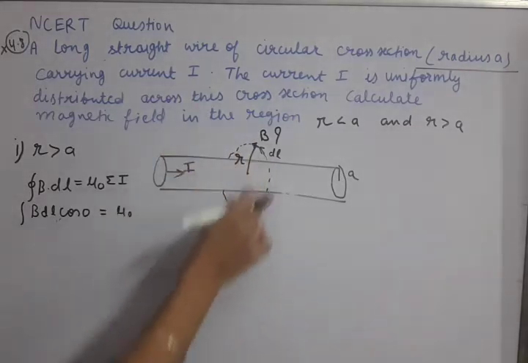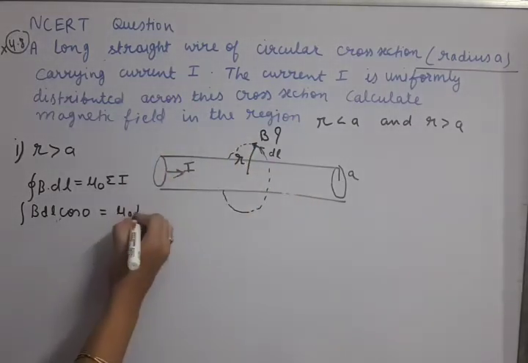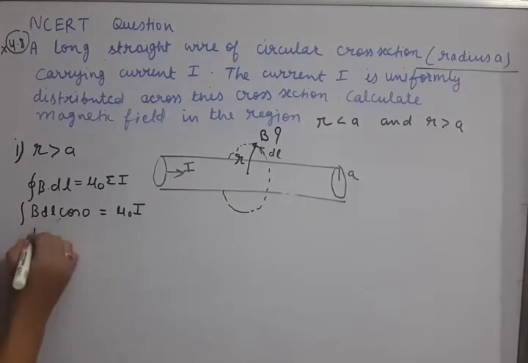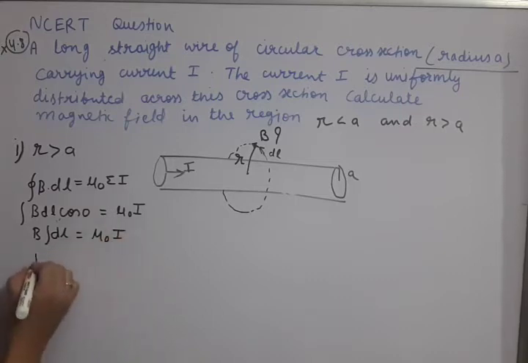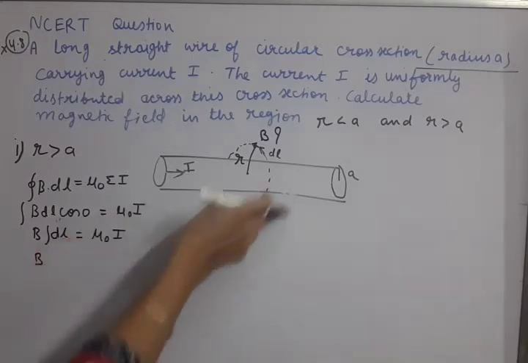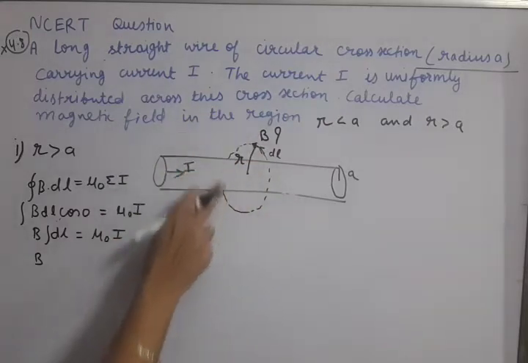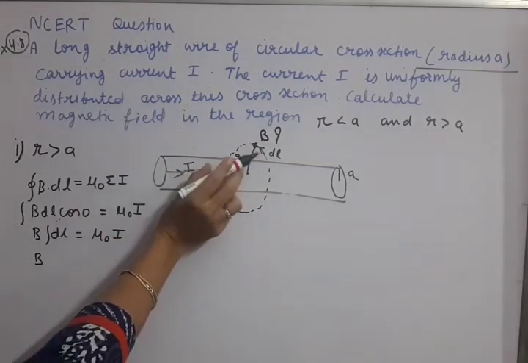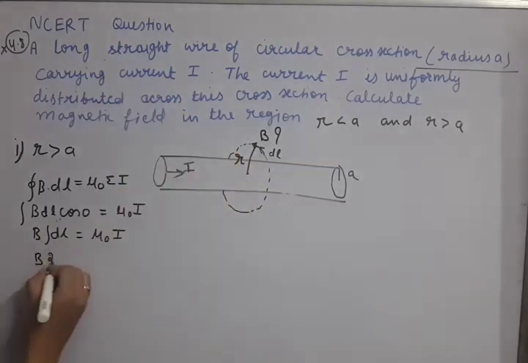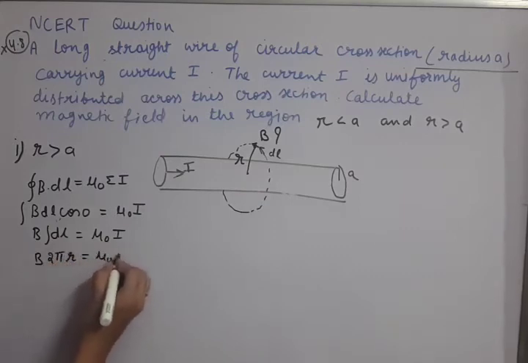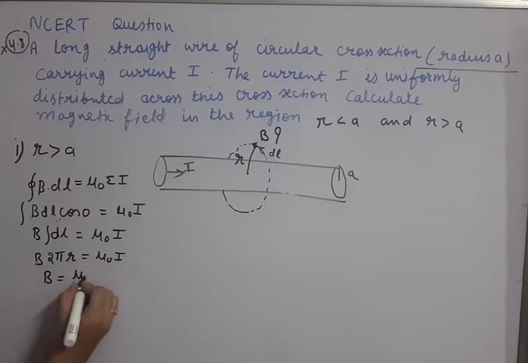And how much current is enclosed in this loop? That is the total current here. After that, B integration of dl equals mu 0 I. This is the same procedure which we do in the straight thin wire case also. Now integration of dl means what? You see this loop's radius is R. dl is the part of this loop. So integration of dl means the whole circumference. That means it will be 2 pi R. So this way we will get B equals mu 0 I upon 2 pi R.